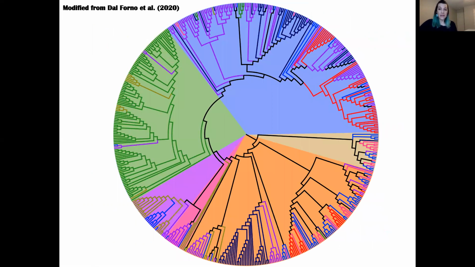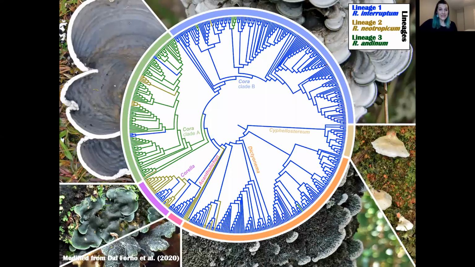And this is now the distribution of the different haplotypes in the fungal tree. However, there are too many colors, so we can simplify this tree to just show the 3 putative species, which is now, as I said, simplified here. So we can see that as a subtribe, Dictyonemateae has all lineages.